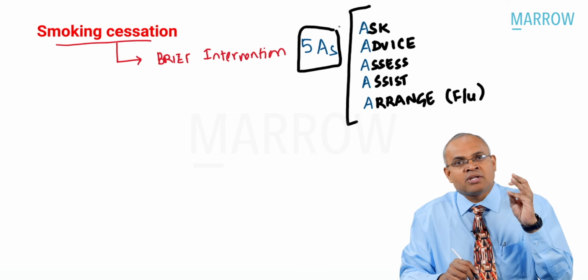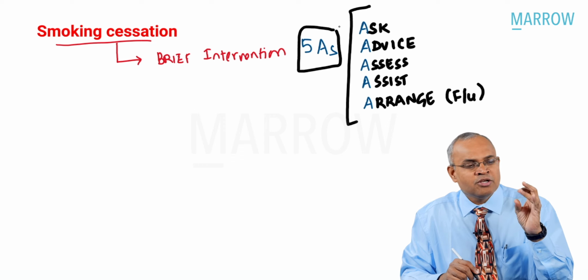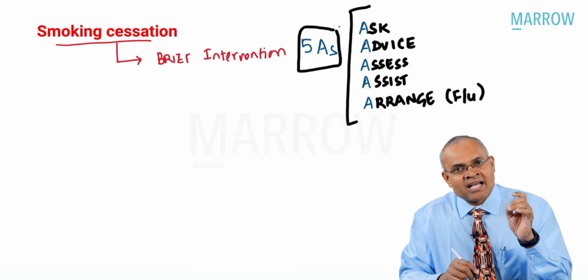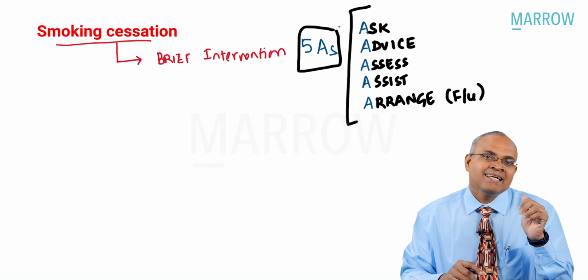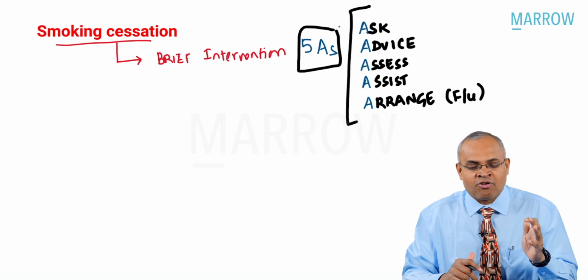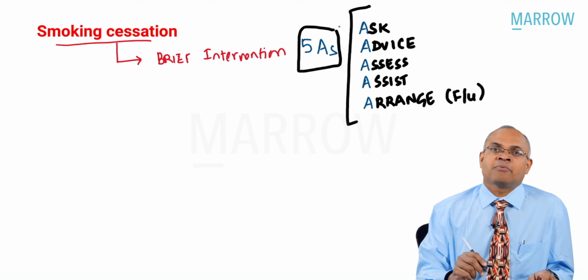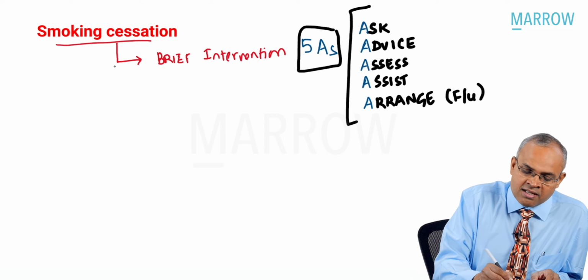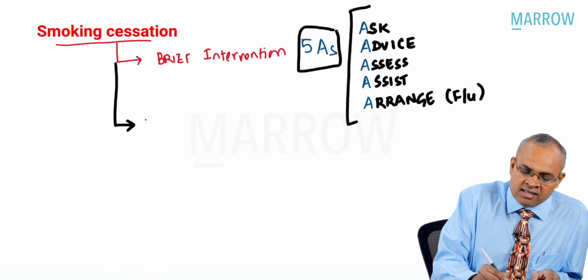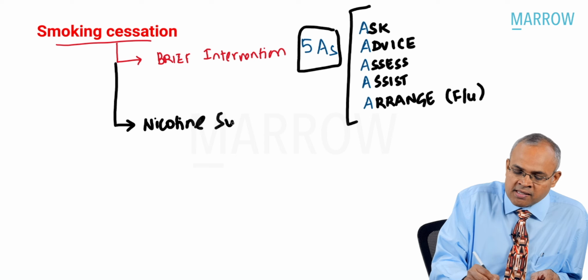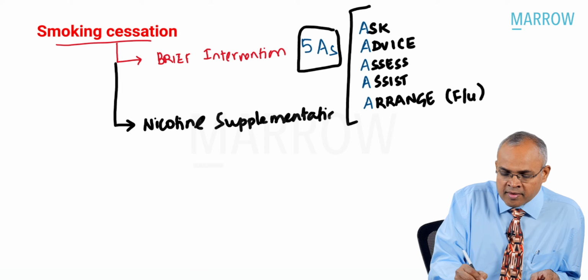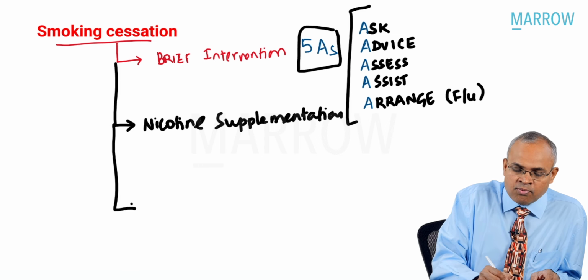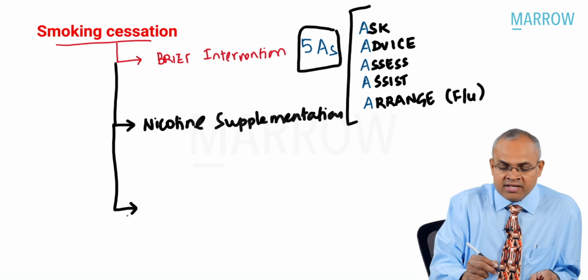Please remember, you should ask everyone, you should advise them to quit, you should assess the level of nicotine use, assist in quitting, and arrange for a follow-up. This is the brief intervention we are talking about. Other than the brief intervention, we also have two major strategies. One is called nicotine supplementation strategy. The other one, obviously, is called